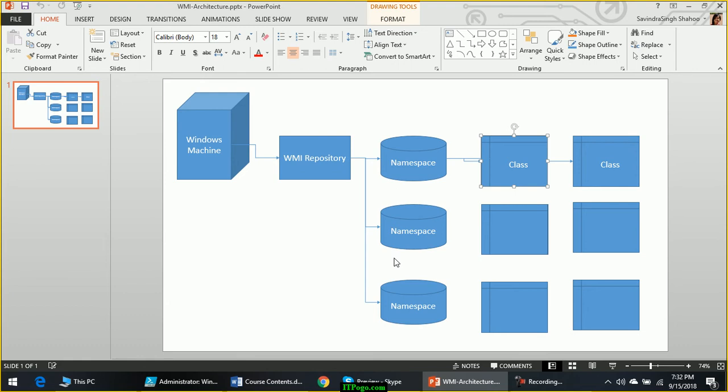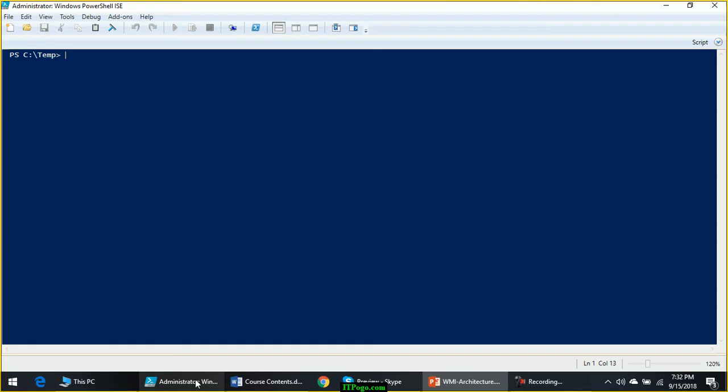Hardware and software both. Yes, it's not the root which we talk about in terms of Linux. This is something else.